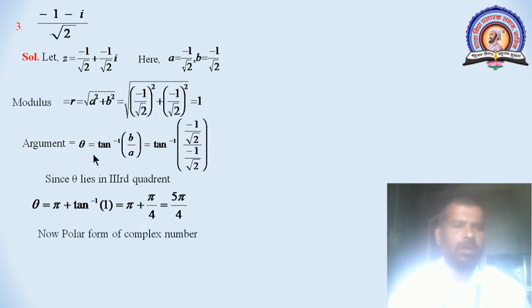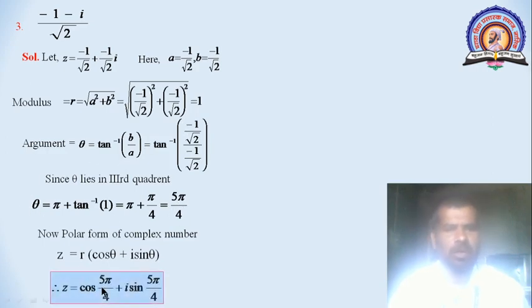Now the polar form of the complex number z is equal to r cos theta plus i sin theta. Value of r is 1. Value of theta is 5 pi by 4. Therefore z is equal to cos 5 pi by 4 plus i sin 5 pi by 4. Now the next example is